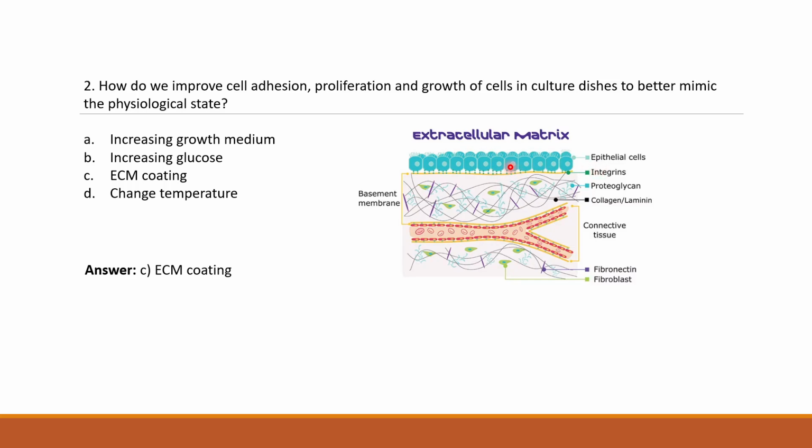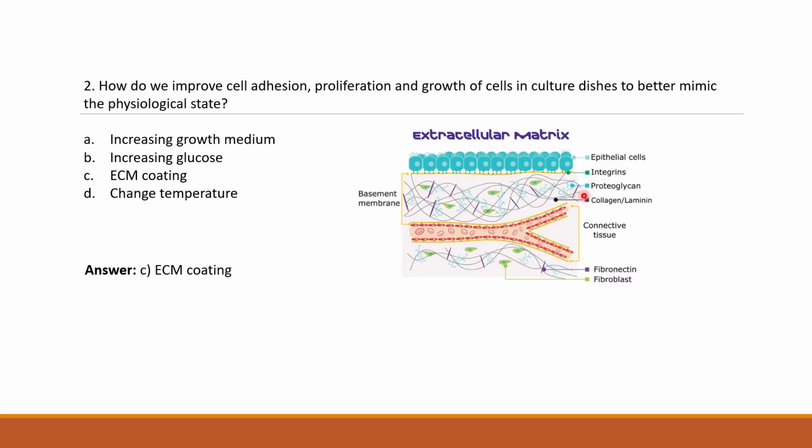So here you can see these are your epithelial cells. You can see the tiny dots on your epithelial cells. These are integrins. These are the molecules present on your cells, which help in adherence of your cell to the extracellular matrix or any other protein in that matrix. Your extracellular matrix will have many different proteins depending on the cell type, the tissue type, and